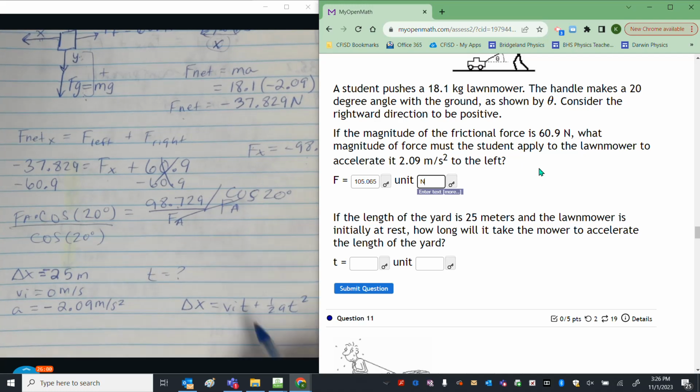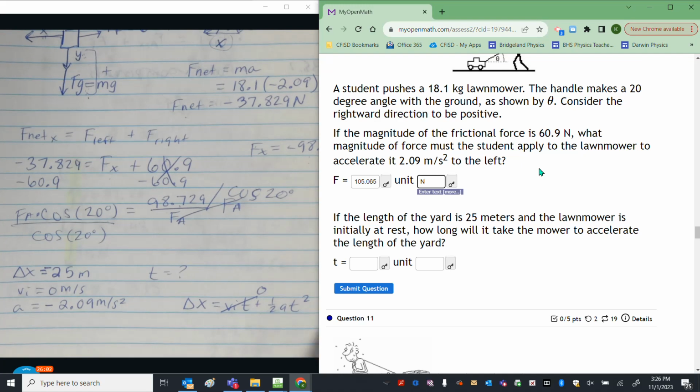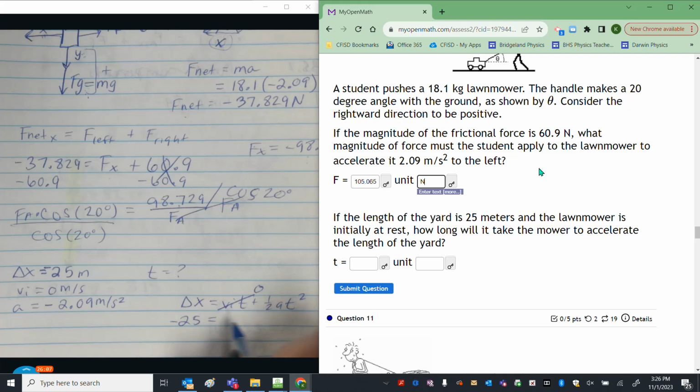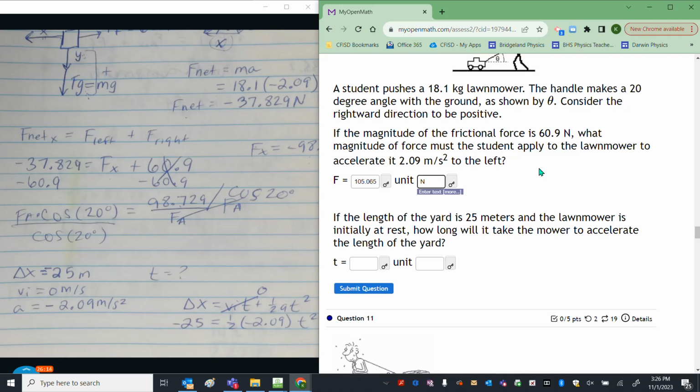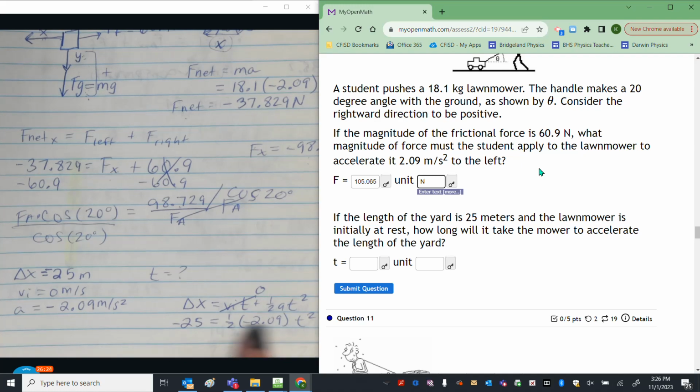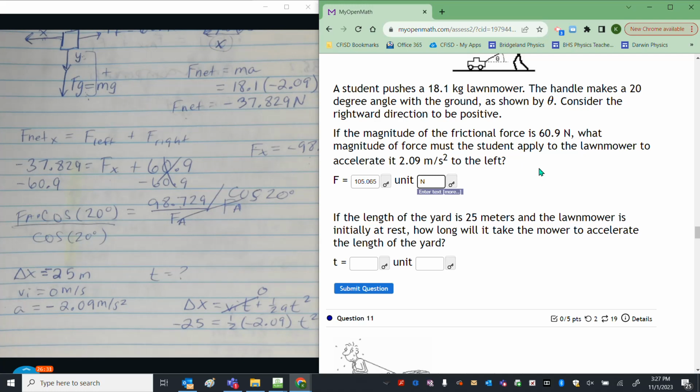My initial velocity is 0, so this whole bit here is going to be 0 in a minute, but I can plug the rest of it in. Negative 25 equals 1/2 times negative 2.09 t squared. So we're going to do half of negative 2.09, and then we're going to move that over here by division, because right now this is being multiplied. So the negative 25 will be divided by the negative 1.045. Those negatives will cancel. So really it's just 25 divided by 1.045, and we get